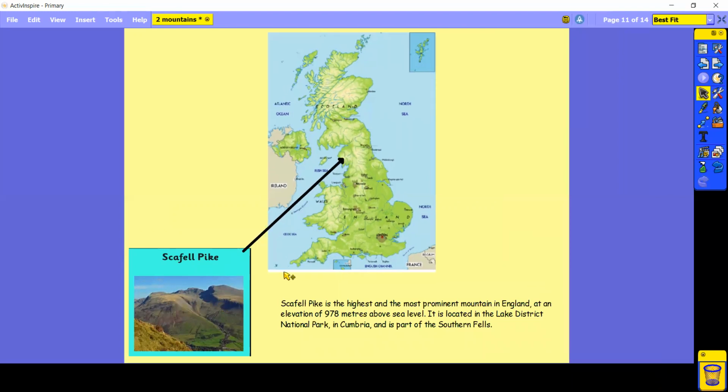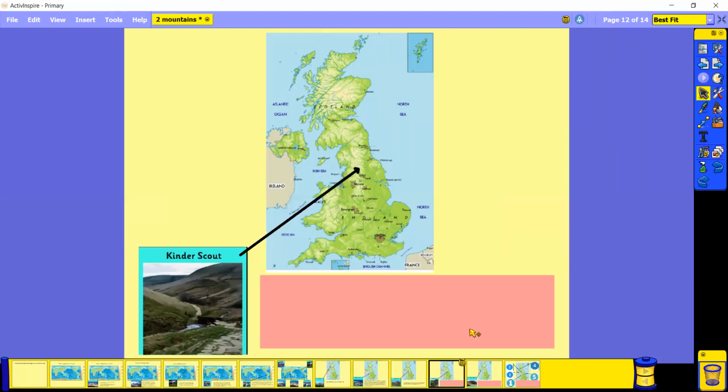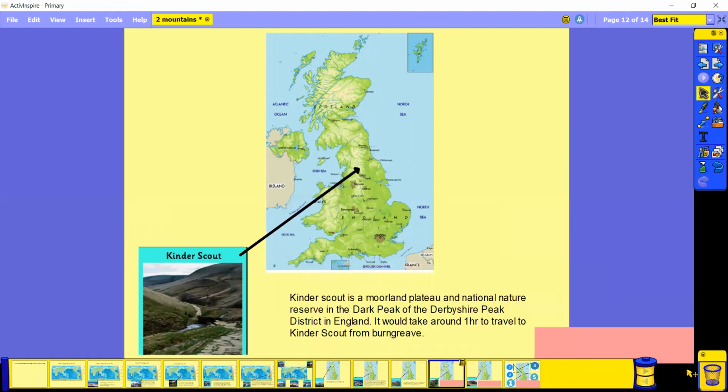This is a picture of Scafell Pike here. Okay then, and our fourth mountain is Kinder Scout, which is located here. And Kinder Scout is a moorland plateau and national nature reserve in the Dark Peak of the Derbyshire Peak District in England. So it actually takes only around an hour to travel to Kinder Scout from Burngreave, so it's not that far